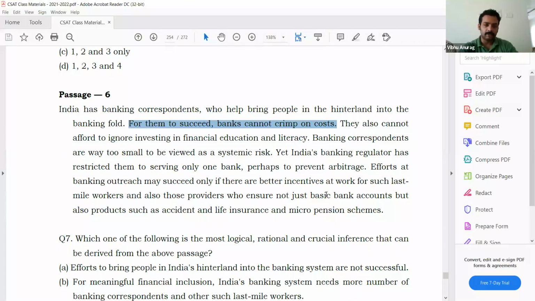So that's what he's suggesting finally, that the effort to bring these people in the hinterland into the banking fold will succeed only if better benefits are given to these. Last mile means the final channel, like the people, the links in the distribution chain who reach the people. So these last mile workers, such as these banking correspondents,